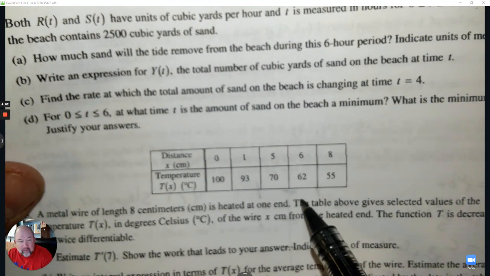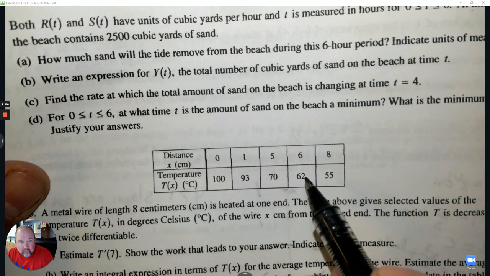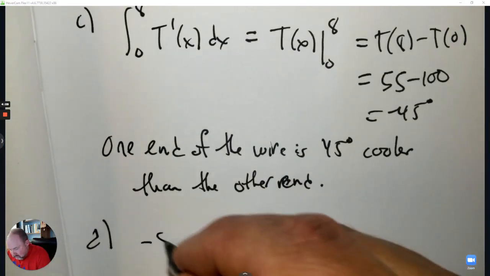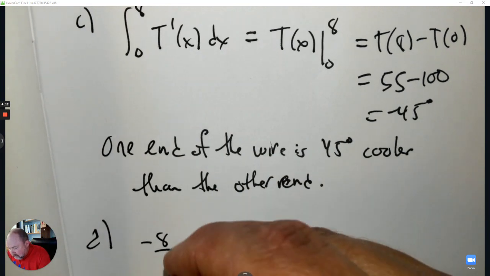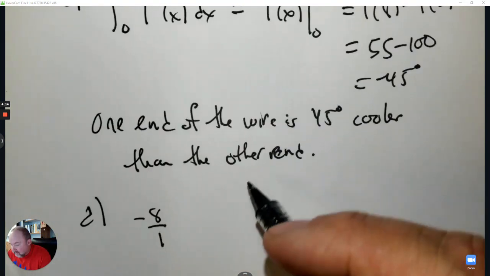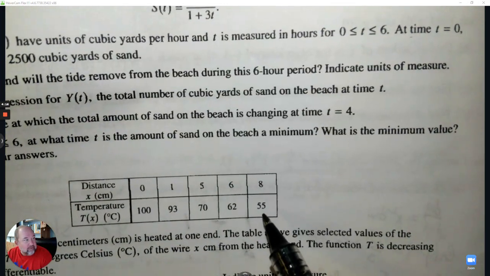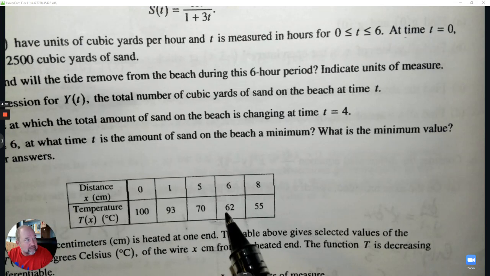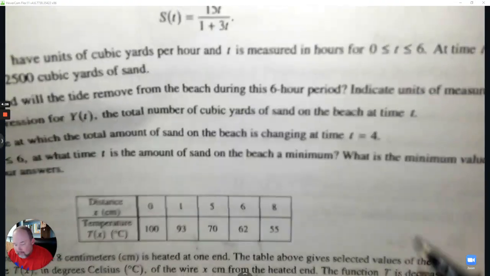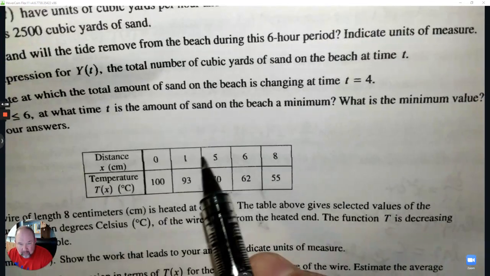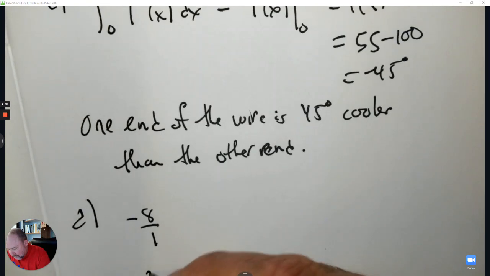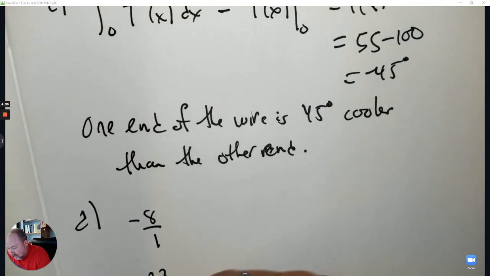So if you take any 2 points and look at the slope, so if I go 62, take away 70, divided by 1. And then if I go the next one over, 55, well, from 5 to 6, that's negative 8. If I go from 1 to 5, the one before it, like 70 take away 93, and 5 take away 1,